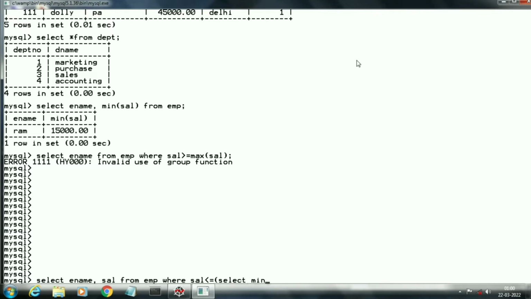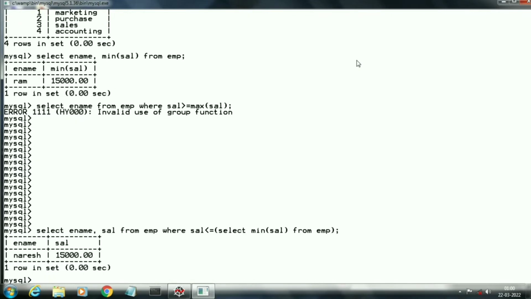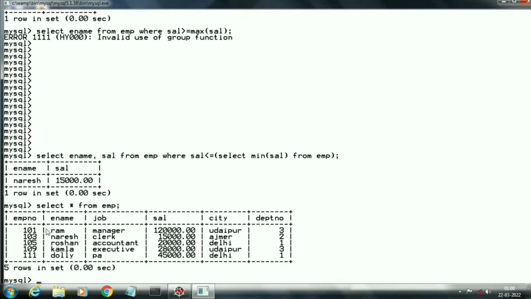In parentheses we will calculate the minimum salary and then compare the salary of all the employees with the minimum salary, so that we will get the required result. Now you can see here that we are getting the correct result. Naresh is the employee who is getting the minimum salary. You can see the EMP table here where Naresh is getting the minimum salary.